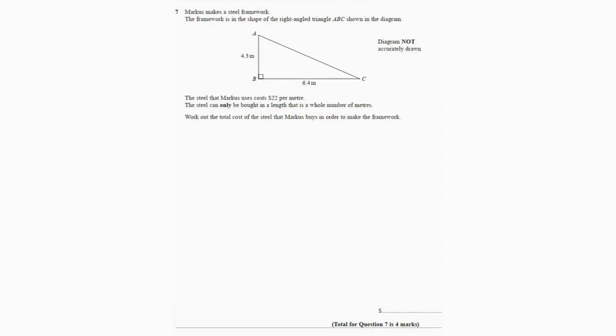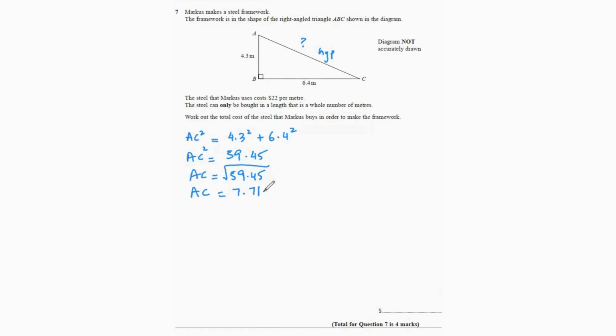So to find the total cost of the steel, we need to know how much steel is being used. And for that, we need the length of AC over here. As you can see, once again, we have to find the hypotenuse. Which means the formula is again going to be AC squared equals 4.3 squared plus 6.4 squared. So that's going to give us 59.45. Then we're going to square root 59.45, and that equals